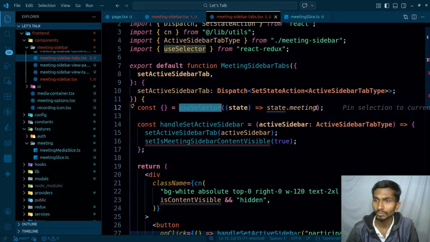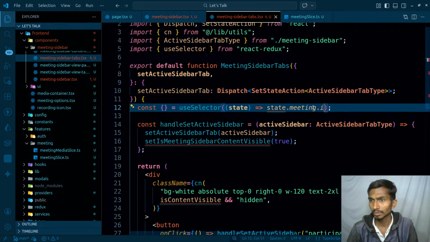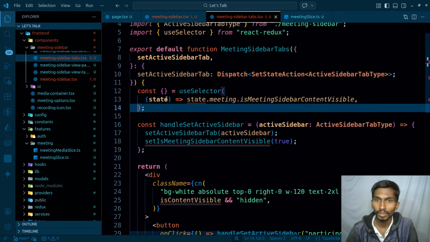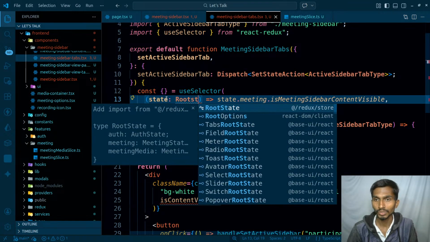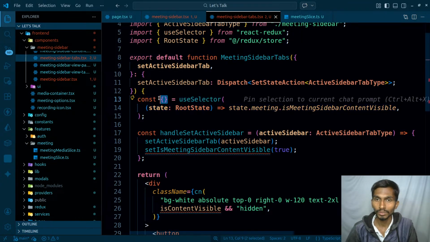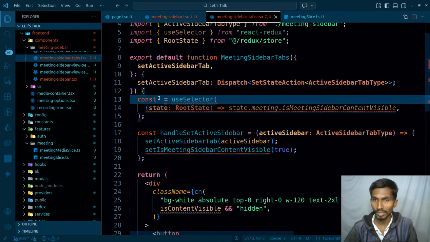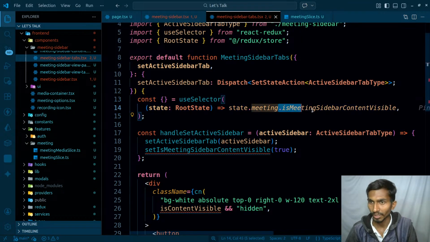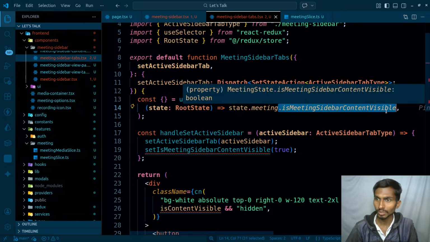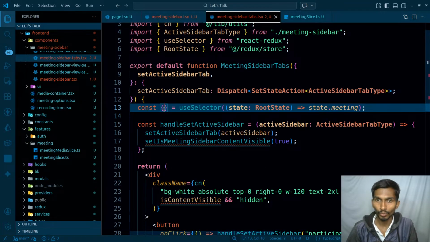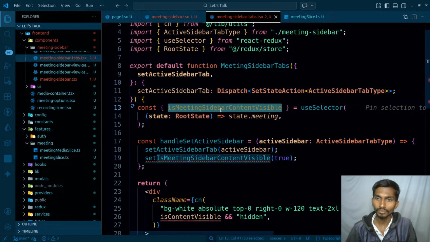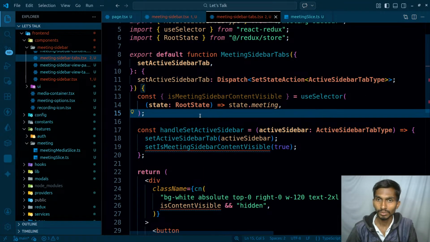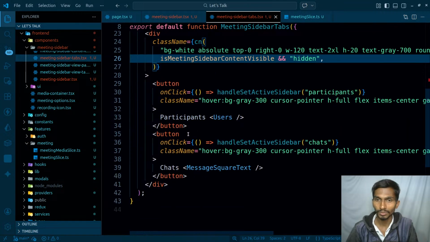Coming back to this one, for some reason I'm not able to get one, so I'm just simply gonna be pasting it here, and root state just like this. Let me make it even simpler in the sense I will not be getting it here because I will have to write it 2 times. So I'm just simply gonna be importing it here like this. Is a meeting sidebar content visible,